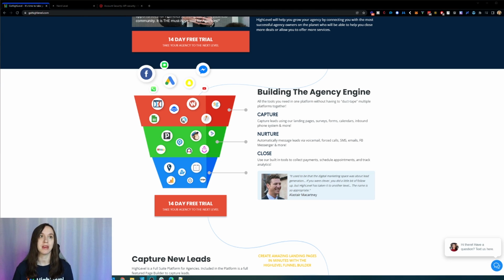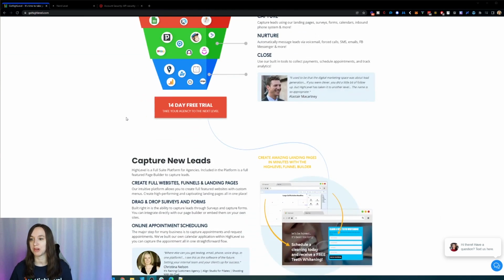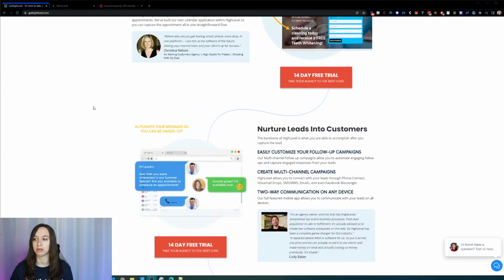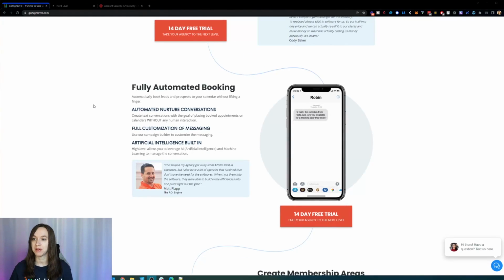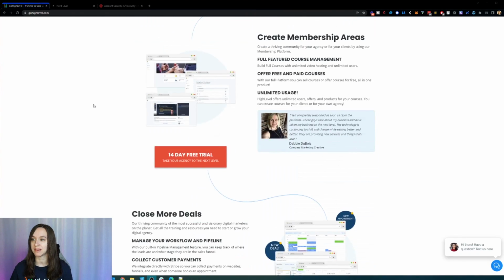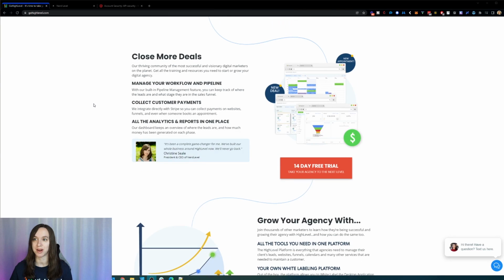And the other cool thing, you don't need Calendly anymore. You can do two-way communication. They have a mobile app and so much more. So if you guys want to look through this, but I'm telling you, it's amazing and it's a crazy deal, and that's why I signed up for it. Oh, look, there's me.